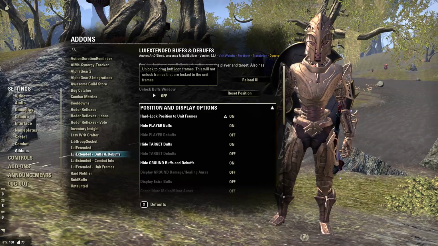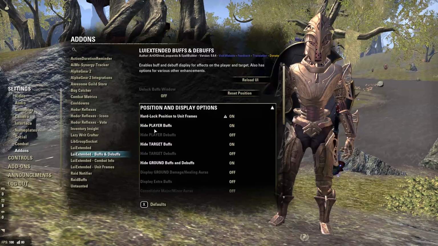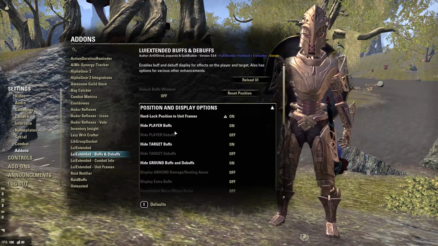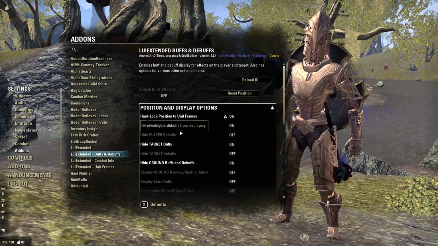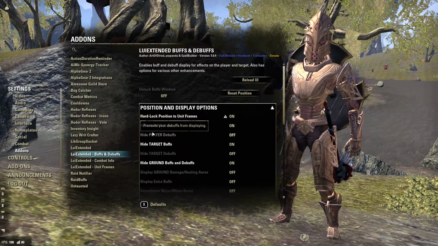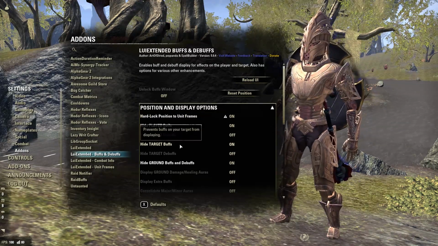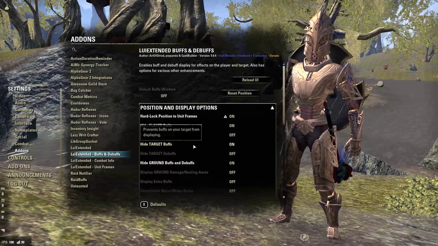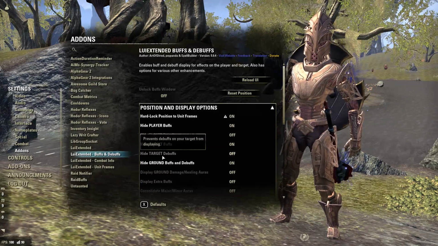Buffs and debuffs, again, you can have this on or off. I prefer hiding my player buffs because I really don't need to see my buffs. I don't need to see if I'm a werewolf or a stage 2 vampire or how much food I have left, because other add-ons like Raid Notifier and stuff like that tell me, usually during the trial. I do hide target buffs because, again, you don't need to see what the target is. As a tank, you may need to sometimes see what debuffs are, but again, this is pretty much an option